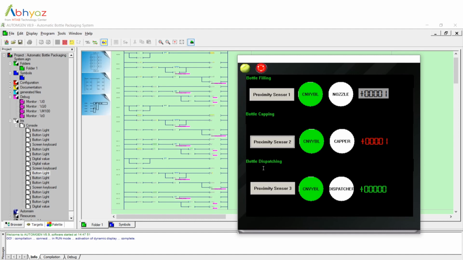Now, when we finish capping the bottle, it has to be dispatched into a specific box. For dispatching, the third station, which has a proximity sensor attached to it, will detect the capped and filled bottle coming onto the third conveyor belt, and upon detection, as you can see, the arm just takes 3 seconds to take it from its position and put it into the box, and then the conveyor belt continues for the next bottle.